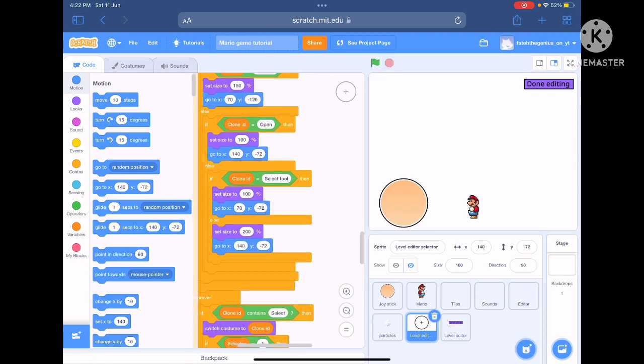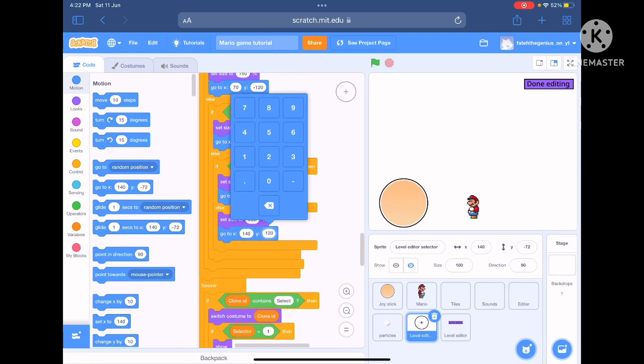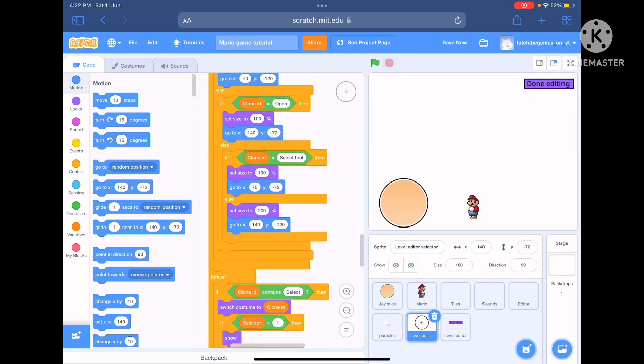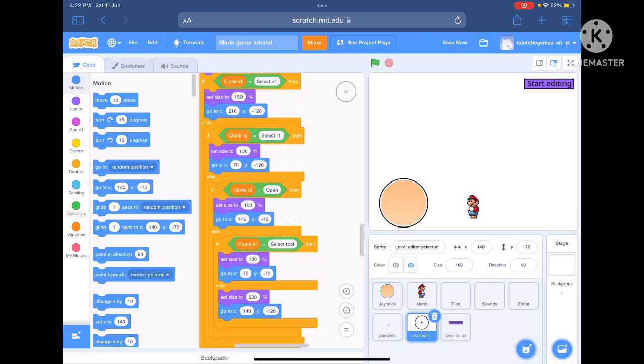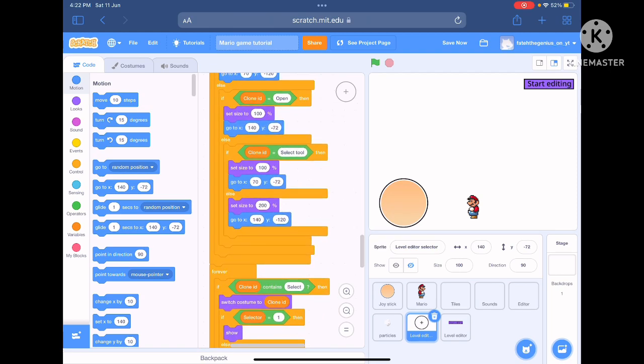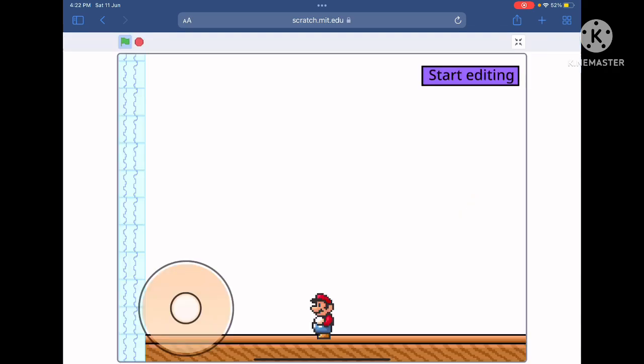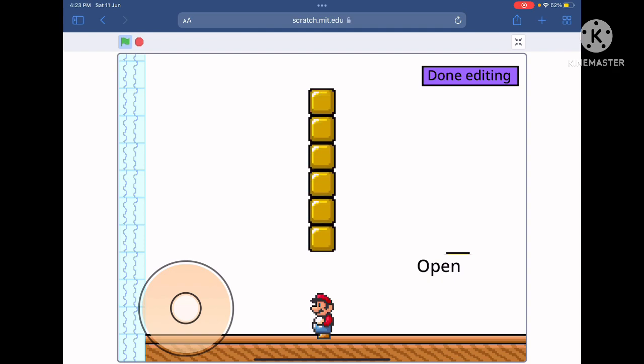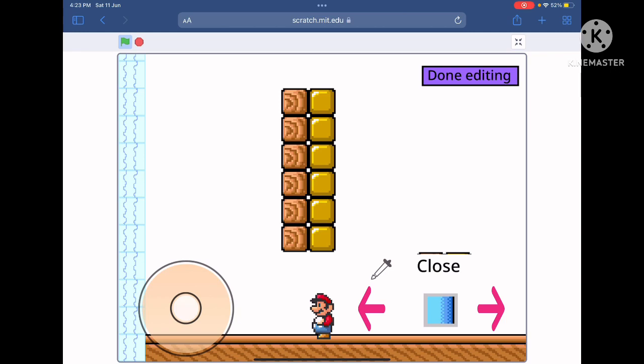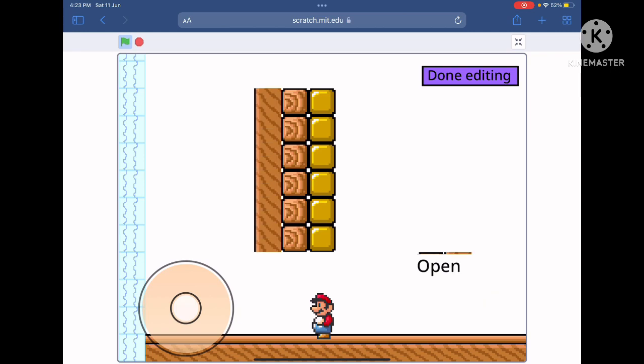Everything should work. Open. Why is this... Oh, it's negative 120. So at the very bottom else of when I start as a clone, we'll put a go to 140, negative 120. Yes, now it works. Turn it off. It's a golden block. We'll go next. Wood. It's a wood block. We'll go next. It's that block that I mentioned earlier. And if we use this,